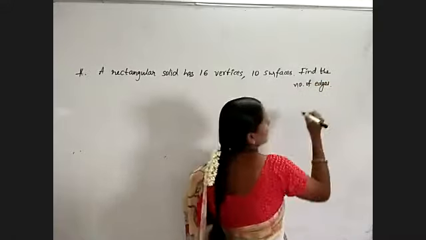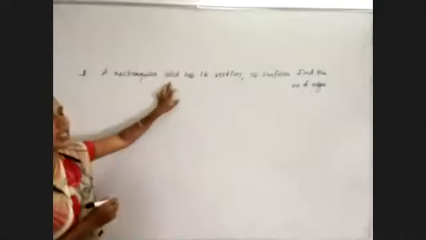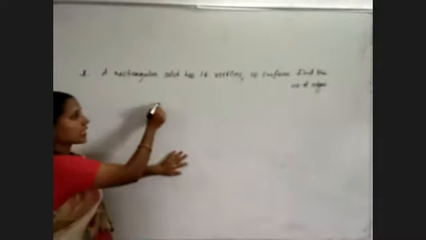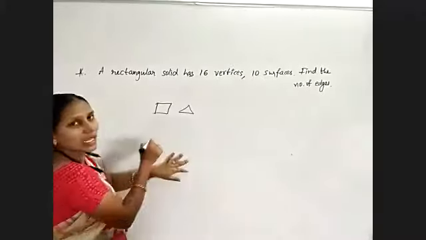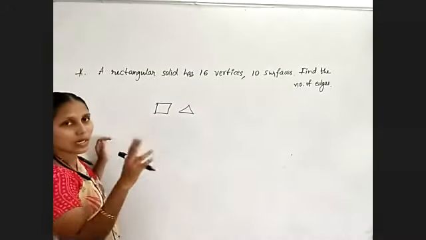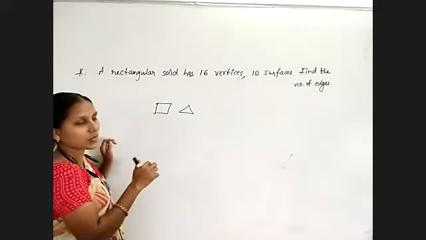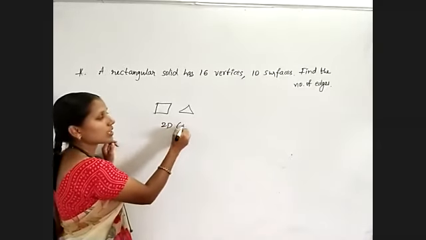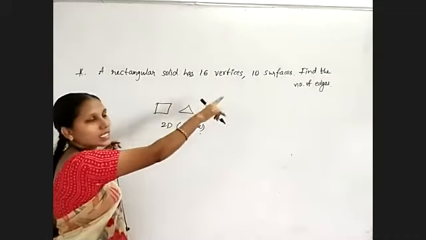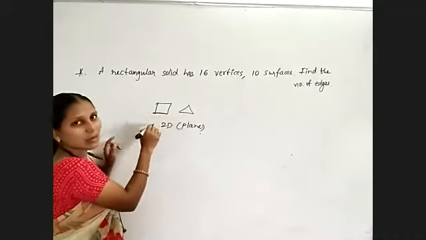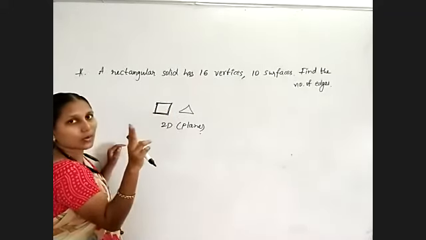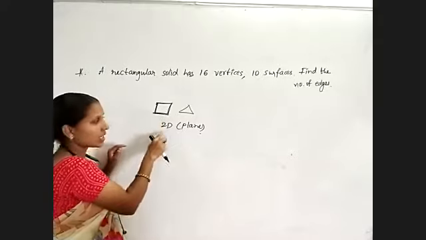Actually, this question is given for solids. Solids are nothing but 3D shapes. So far you only got a rectangle, square, polygons, circle, like that in this chapter. Those are only two-dimensional shapes, only 2D plane figures. Whereas this one has vertices, faces and edges. Here, edges are nothing but sides. So here we have sides and faces, that's all. Only two dimensions are there. That's why it is a 2D shape.